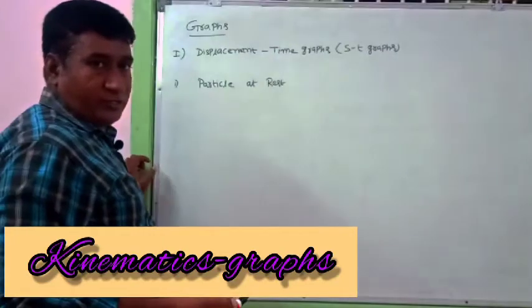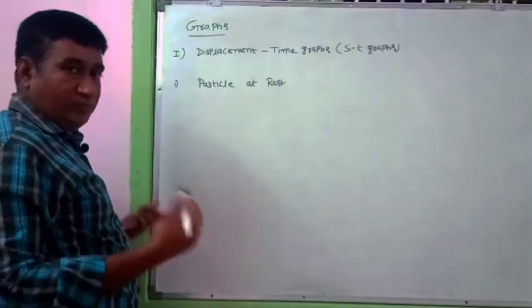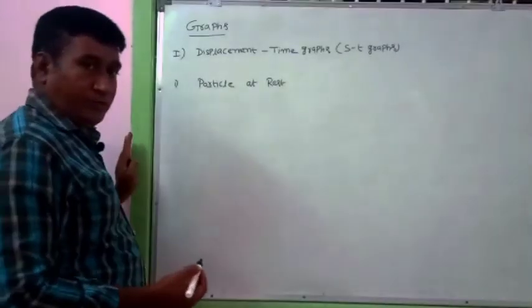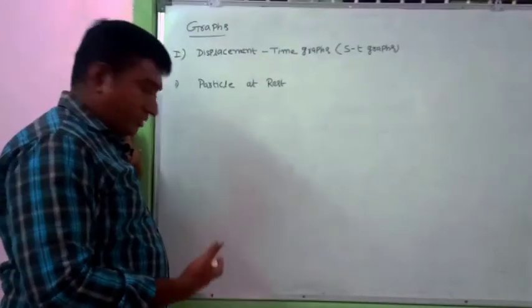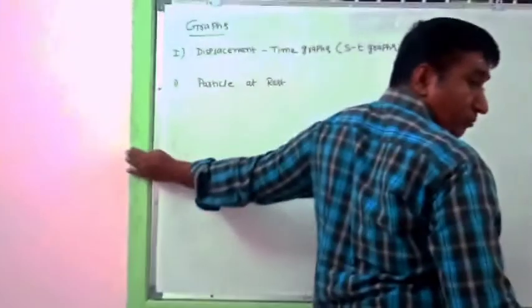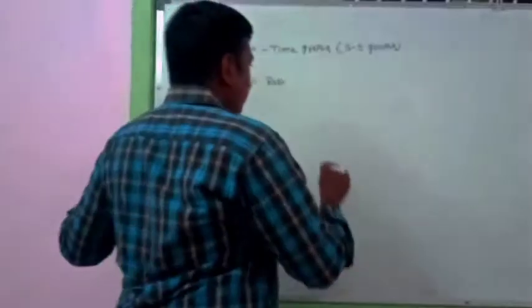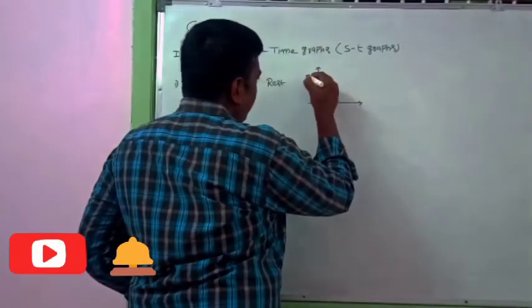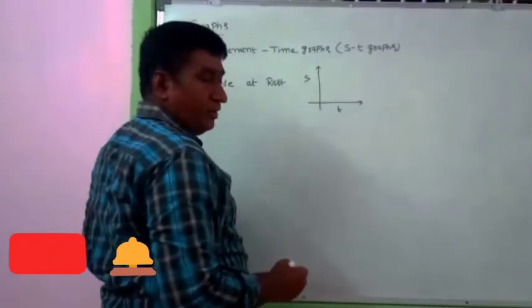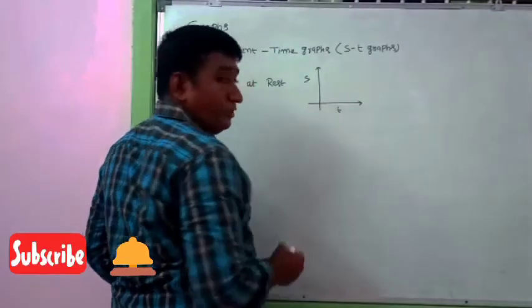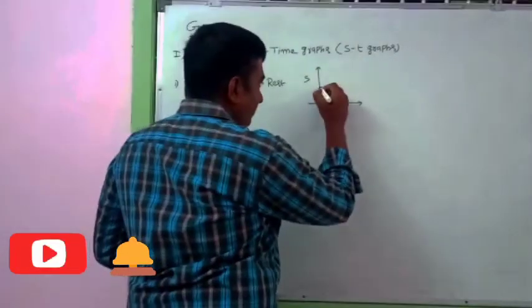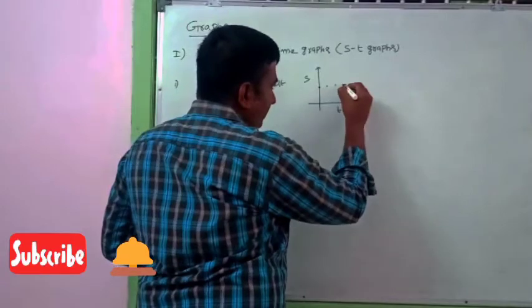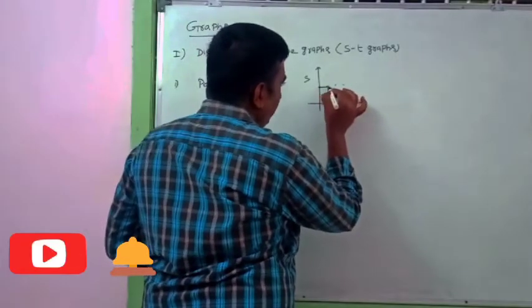Whenever a particle is at rest, displacement is equal to 0, or if it is having some displacement, then it will have some constant value. For example, if this is the reference point, now displacement is 0. With respect to this, if it is at a certain position, it will have some displacement. With the help of this, the graph which you can draw here is displacement and time. If it is at origin, we get this point. If it is having some displacement, then as time changes, the object remains in the same position. That means displacement does not change.